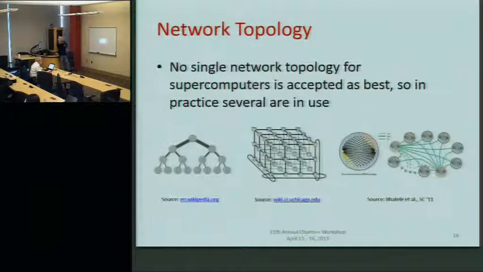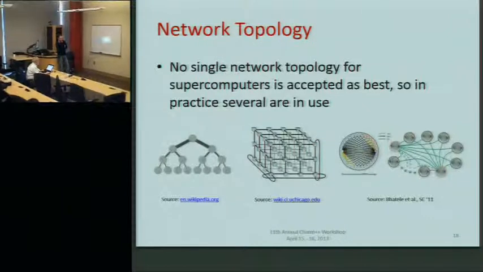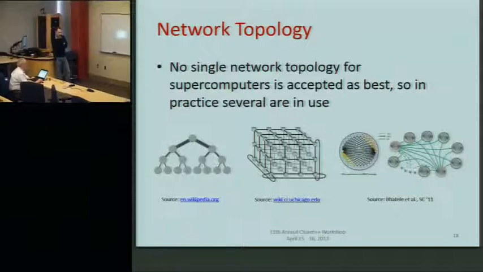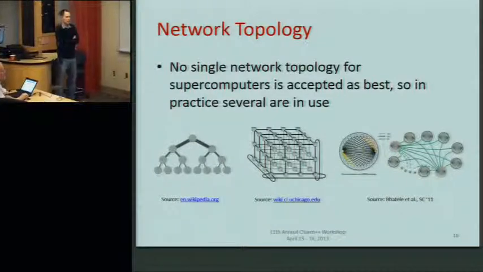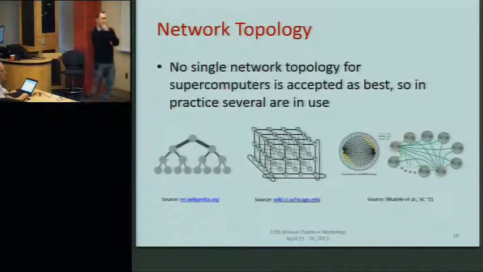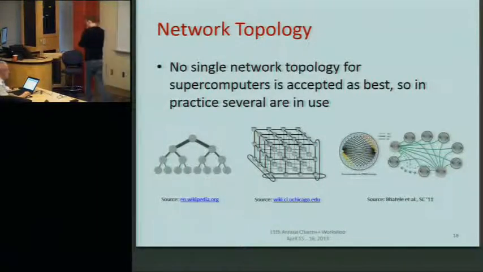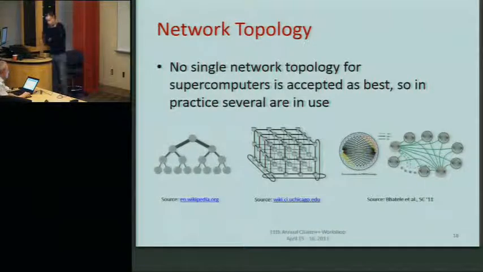There are various network topologies in use currently. There's no single one that has been accepted as superior, although on the right you have a picture of the Perks topology from one of Abinov's papers. Some people are saying this is the future of networks, but currently at least these three are all pretty common. You've got fat trees for InfiniBand networks. You've got the torus systems like the Blue Gene and the old Cray systems. Well, not old, but